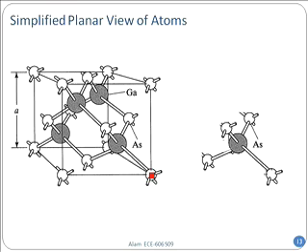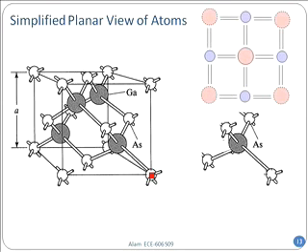Now, drawing a 3-dimensional diagram is always a challenge. So therefore, what people do, instead of drawing this in a 3-dimensional diagram, they press it into a 2-dimensional picture like this. So for example, you take the gallium one, which is the center magenta one. You will see that it is connected to the 4 neighboring blue arsenic ones, right? And every one is actually connected to 4 different neighbors. So because we want to simplify the pictures that we draw, the top picture is a simplified equivalent of the bottom picture.